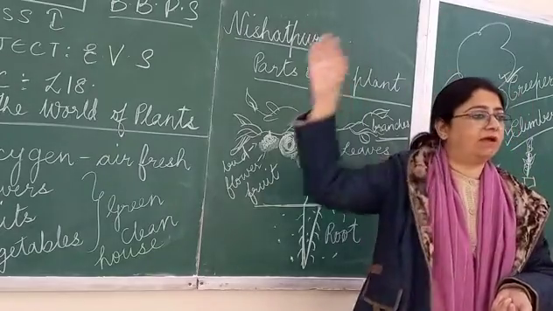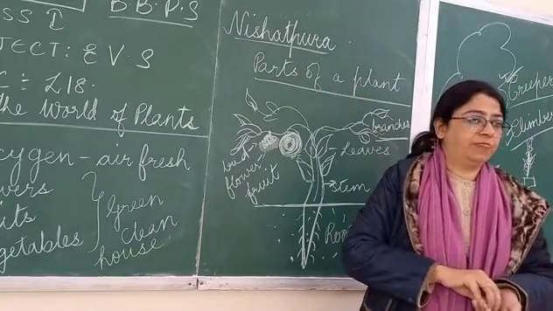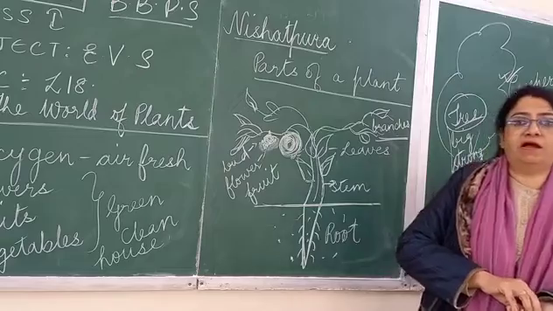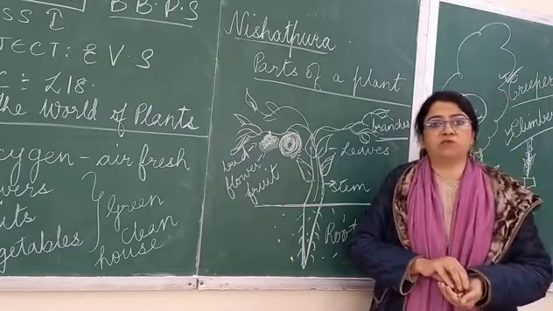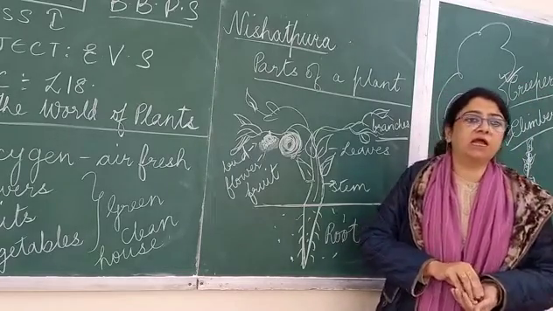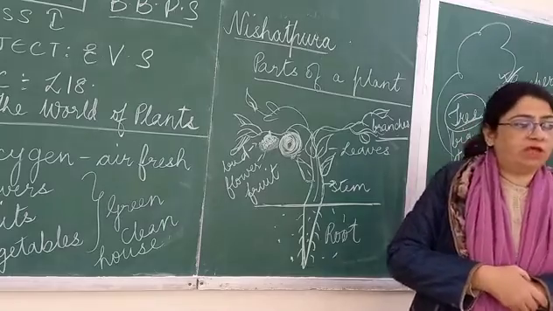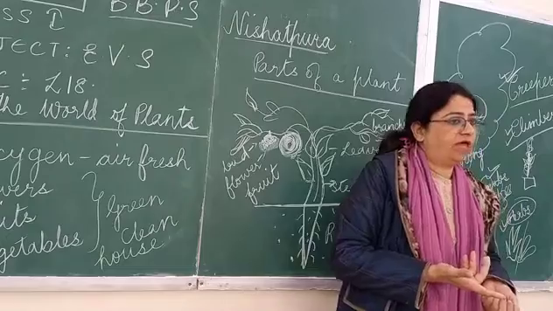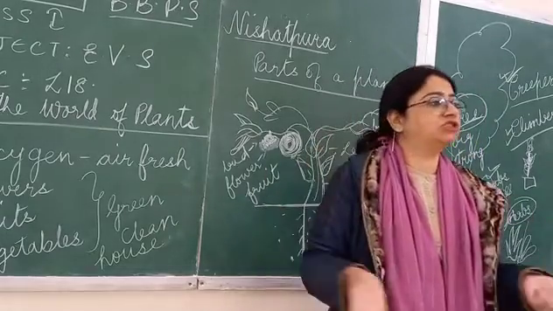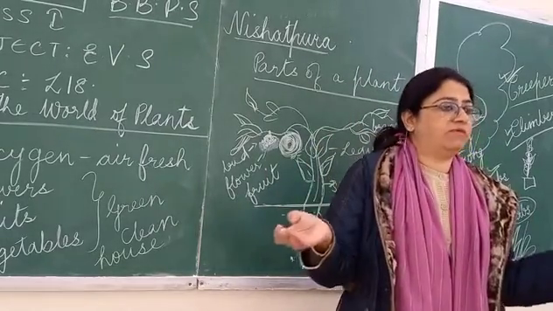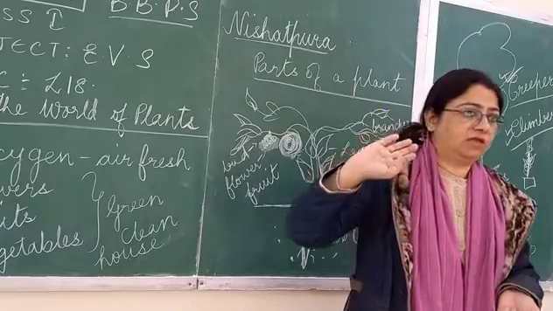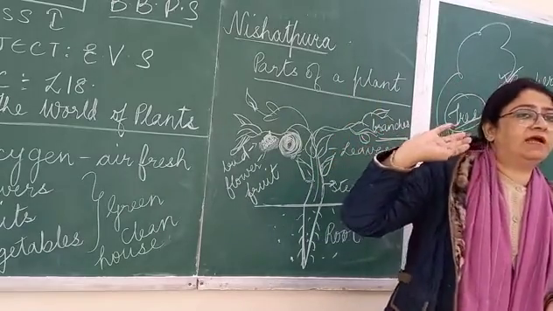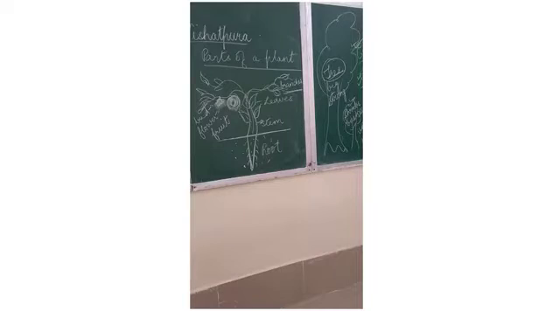It makes the earth clean and green. So we should plant trees and plants in our houses also and around our houses also. Okay? Oxygen given by the trees is free. If you plant a tree, you will get oxygen for a long time, for many years. If you don't plant a tree, oxygen will.